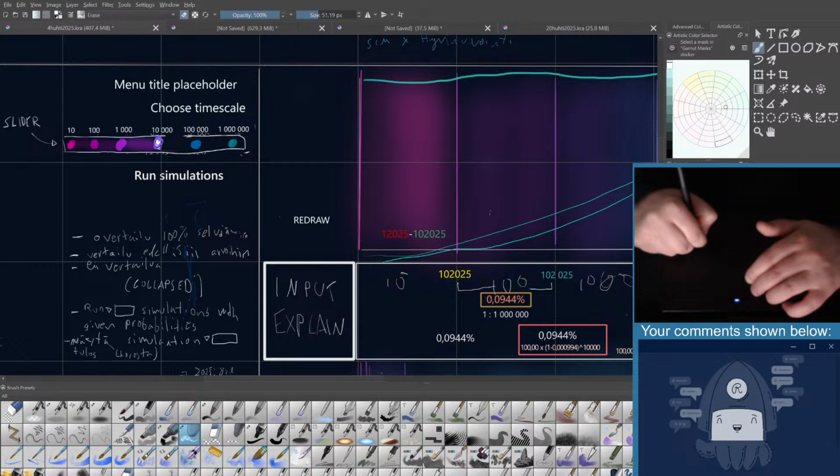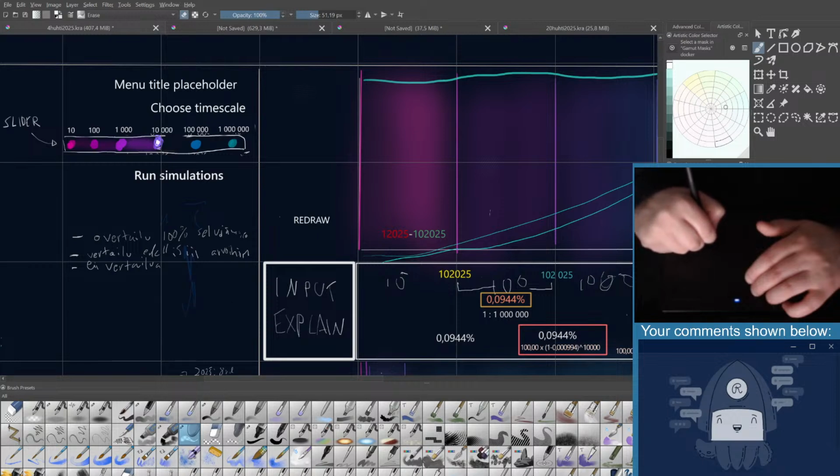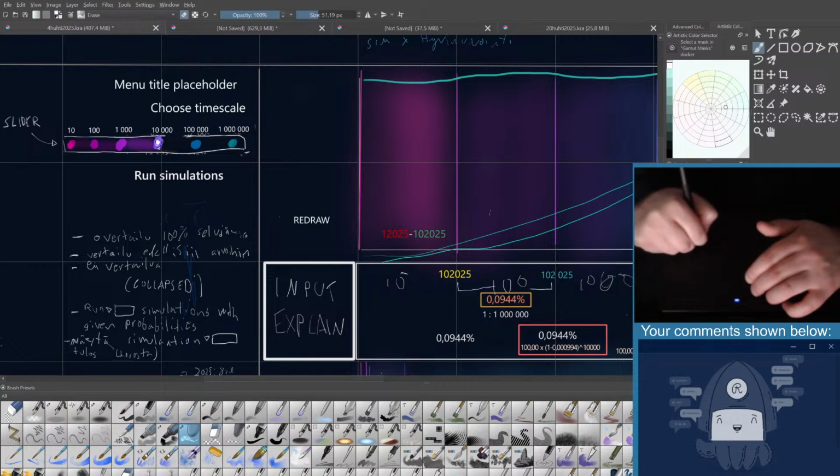I think my organization is not as good as I have been hoping. That is a vector layer. But I think it is a good time also to, okay, here it is,